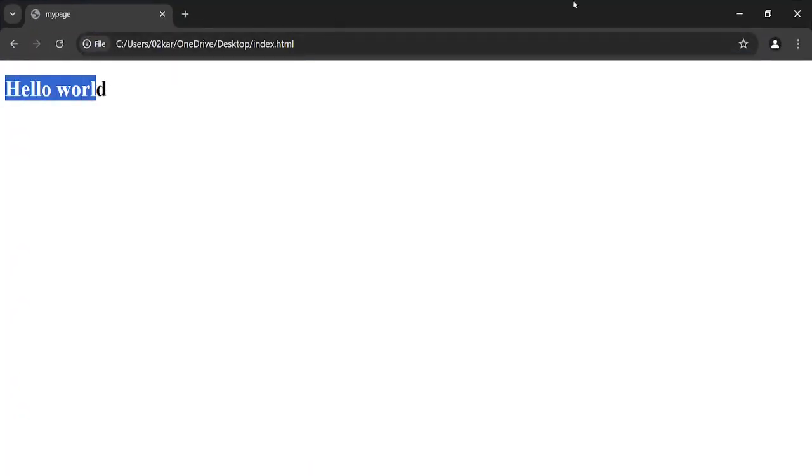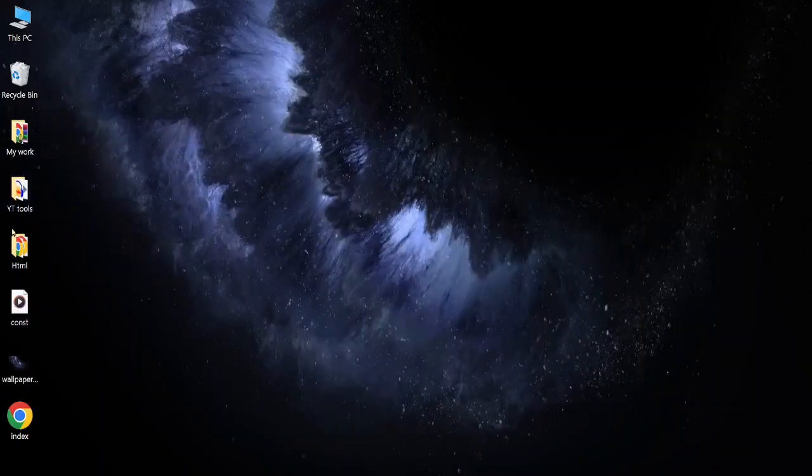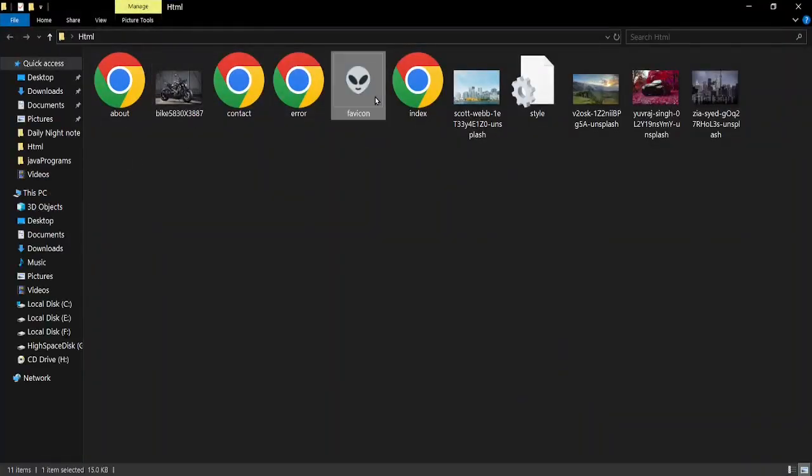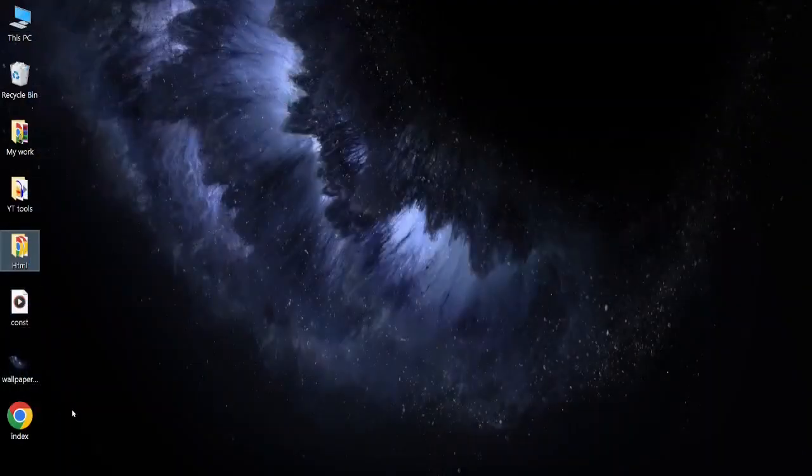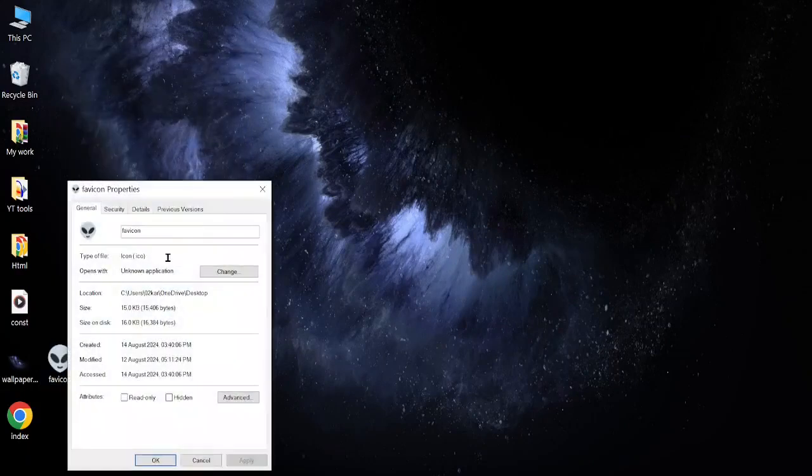And I can also use the fav icon, and I will show you how it works and how it actually looks. Just go over here and use this fav icon, paste it. So my fav icon is favicon.ico, and I will show you in the properties it has the ICO extension.